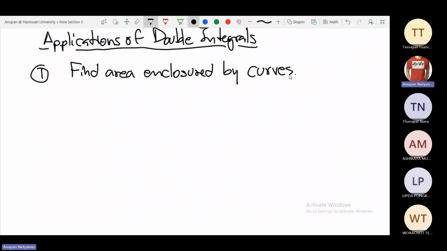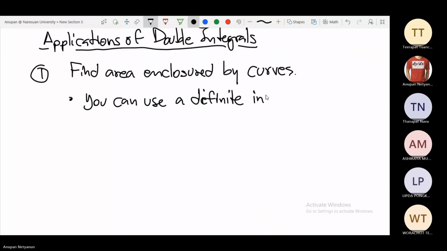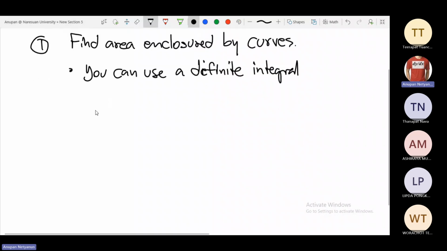For this application, in fact, you can use a definite integral to find it. You don't need to use a double integral at all. You can use just a single integral, or definite integral. Let me give you the idea, which is